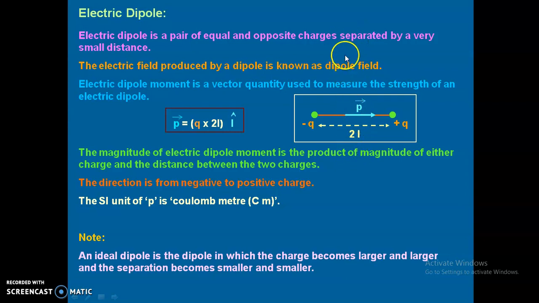So at these two lines, axial line and equatorial line, we are going to calculate the electric field strength due to a dipole, but in the next video session. And these two derivations are very important from the board's point of view. Almost every year they are asked in the board examination, so you have to pay attention and wait for the next video session.